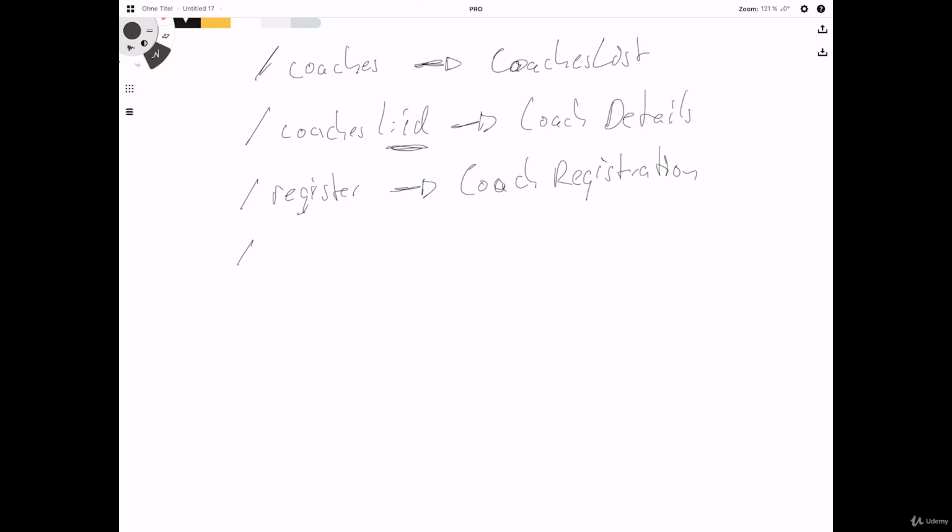Now for requests, I want to have a contact route where I open the form where we can send a coach a message. That could be the contact coach component. And I want to have a requests route where we view all incoming requests. So that could be the